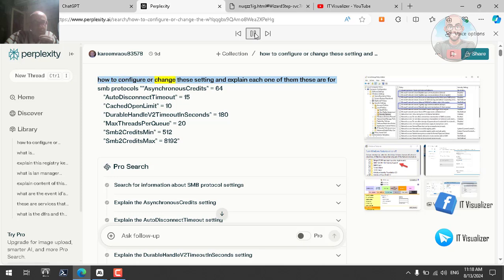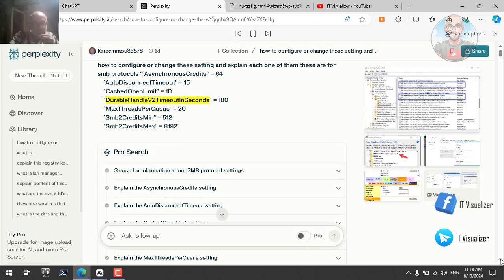How to configure or change these settings and explain each one of them. These are for SMB protocols: asynchronous credits equals 64, auto disconnect timeout equals 15, cached open limit equals 10, durable